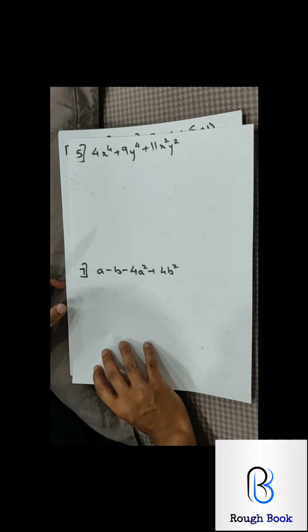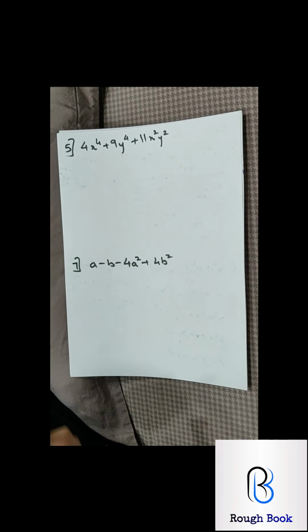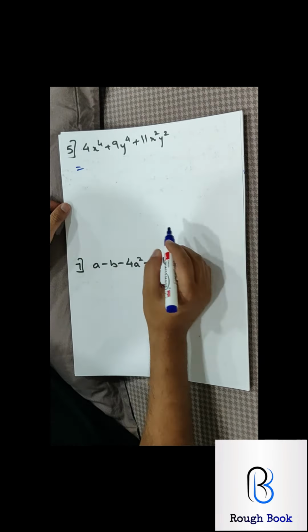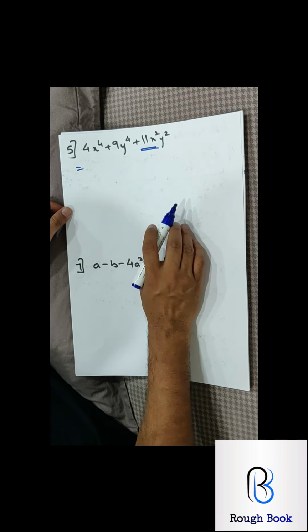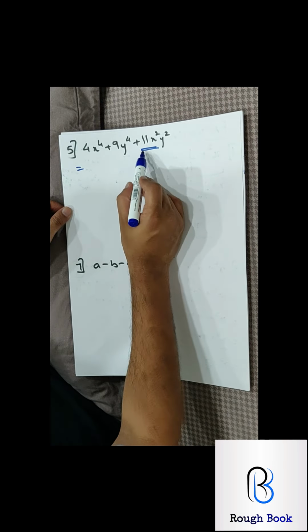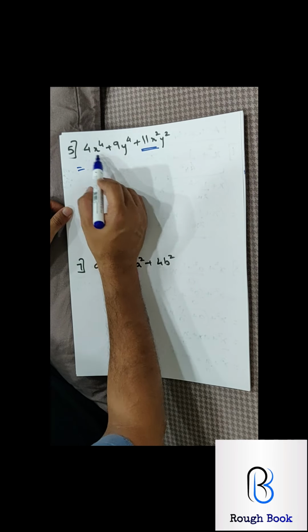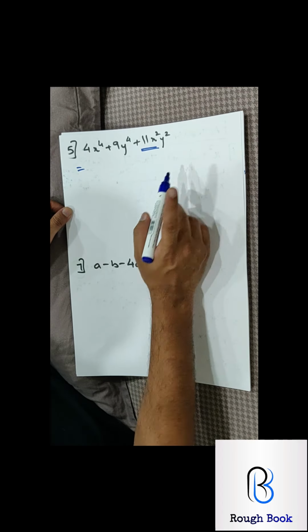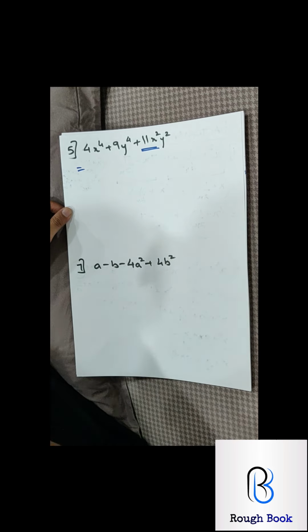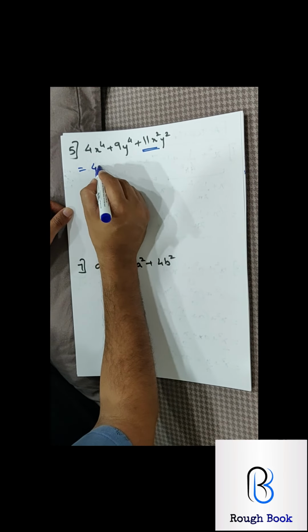Let's go to the next one, sum number 5. The fifth one, we had done this time. If you remember, you had to split this. There were 2 rules I told you. One, when you split, it should help this one to become the whole square, and the other part should be a square number, perfect square. You remember that? So if I take 4x square,